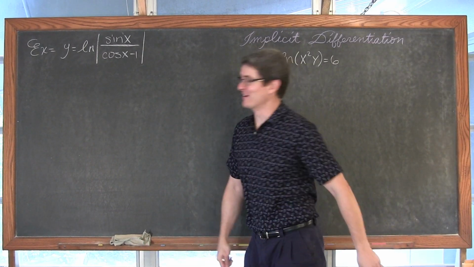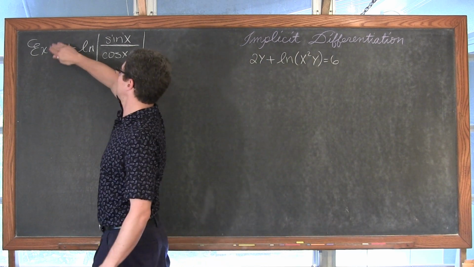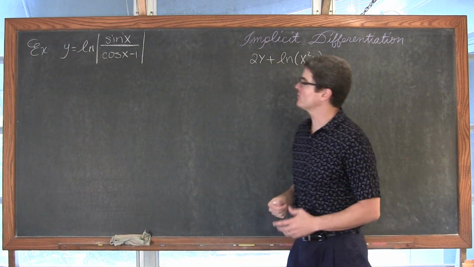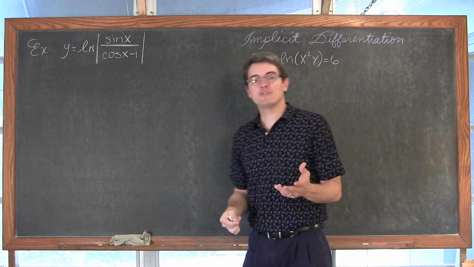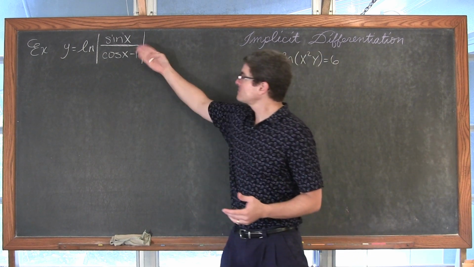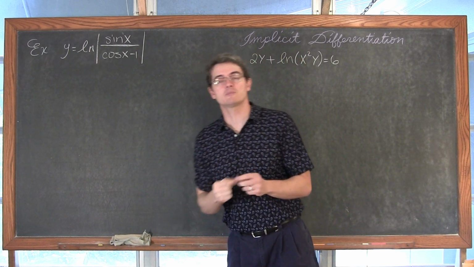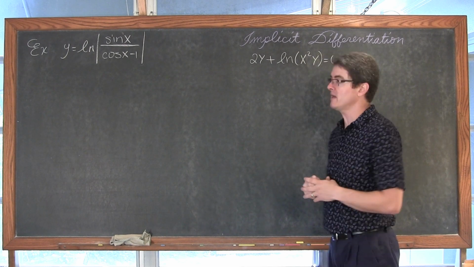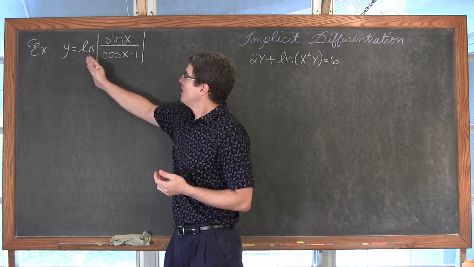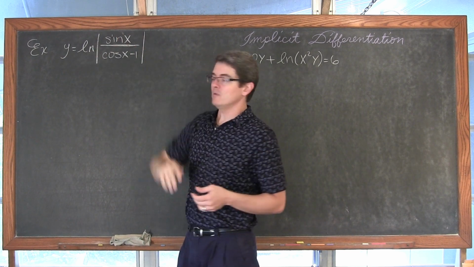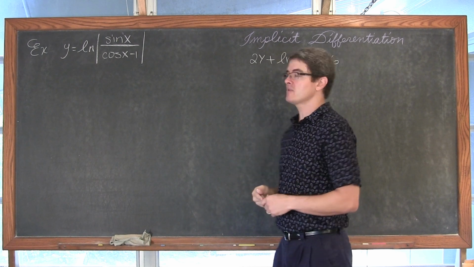Bam! Last board. We have y is equal to the natural log of the absolute value of sine x over cosine x minus 1. Remember when we first started doing derivatives, finding derivatives with the absolute value function gave a special set of challenges that we had to deal with. But like our note showed, if I want the derivative of the natural log of the absolute value of u, it's just going to be u prime over u. It's just going to work out just the same as all these other problems.